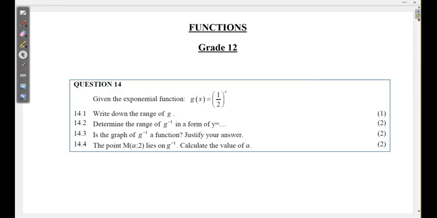We need to know the y-intercepts, the x-intercepts, but most importantly, we need to be able to recognize the type of function you're working with, right? And some of the nitty-gritties that come with it. Now, this one is an exponential function, and we do know that in terms of an exponential function, if I can give you a background, if your exponential function is like this,